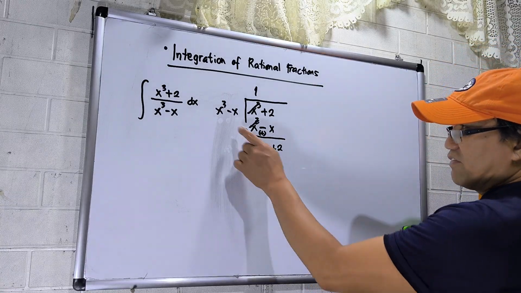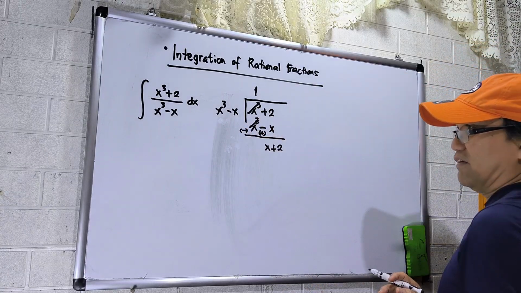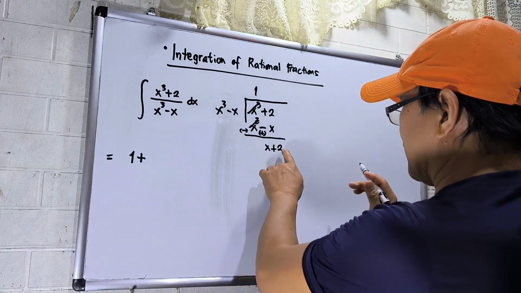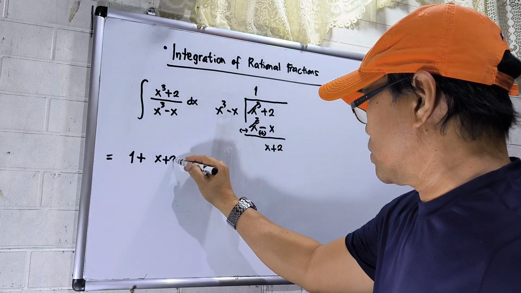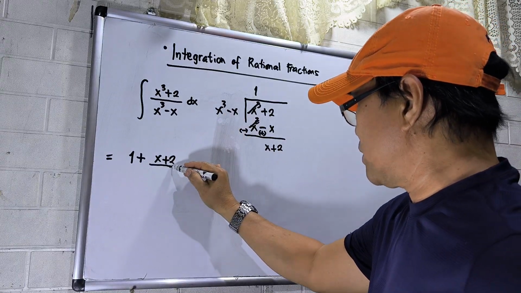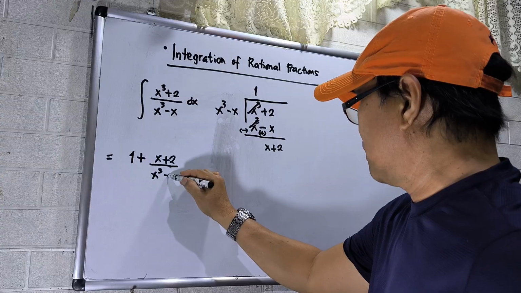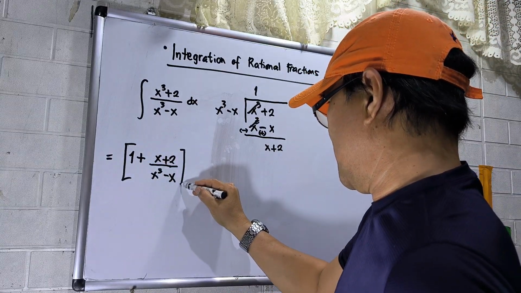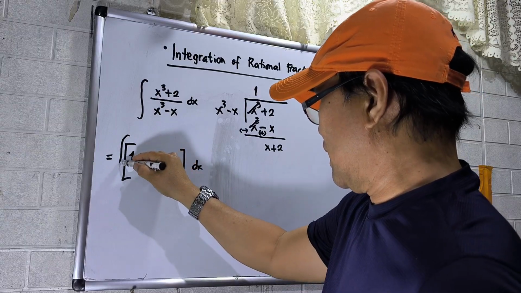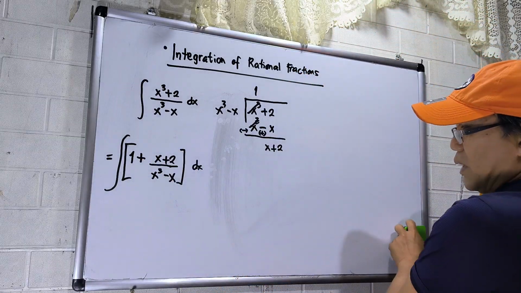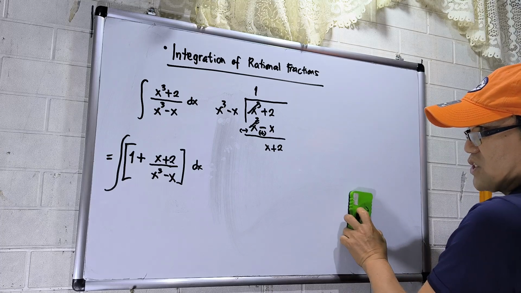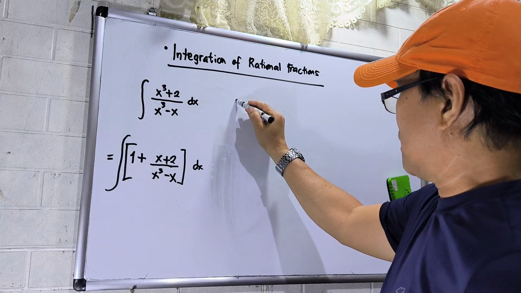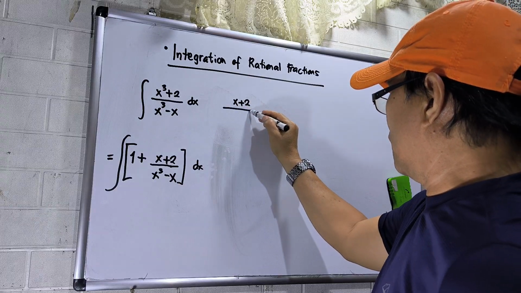We cannot divide anymore because this is lower than the divisor. So I have 1 plus x plus 2 over the divisor, which is x cubed minus x. This needs to be integrated, but we cannot integrate straight away. That's why we will use rational fractions. So how do we do this one? This will be x plus 2 over x cubed